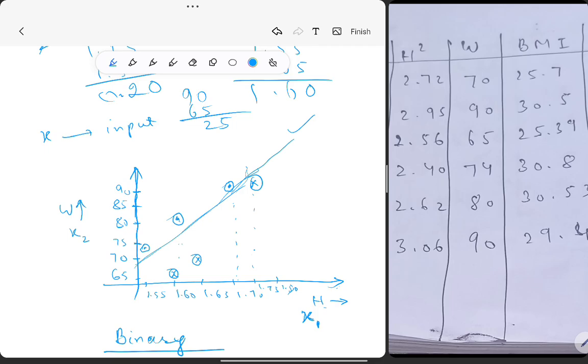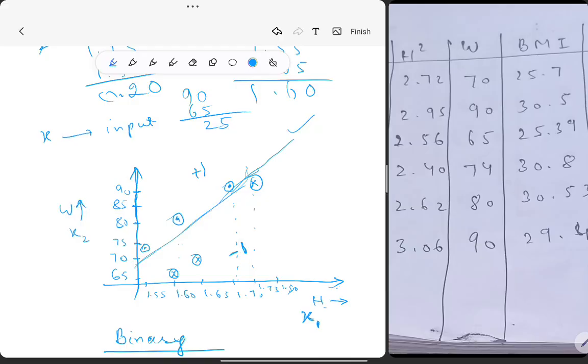When I give you these two inputs, you can then decide the output. What is the output? Output is whether the person whose inputs these are is obese or non-obese. This is called output. If the person is obese, we will say his output is +1. If the person is non-obese, we will say output is -1.